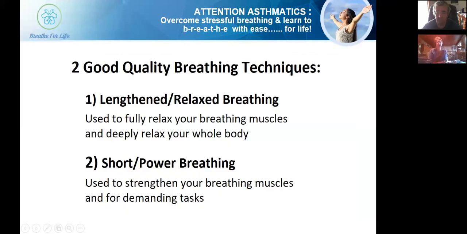So there are 2 good quality breathing techniques. One is a lengthened, relaxed breath, which is used to fully relax your breathing muscles and deeply relax your whole body. The other one is short, sharp, powerful breathing, and those techniques are used to strengthen your breathing muscles and also for very demanding tasks. What I've noticed when people are doing breathing training is they tend to do either one or the other, and that's not a good thing. You always want to be doing both. But what's interesting is you can only do power breathing once you're breathing